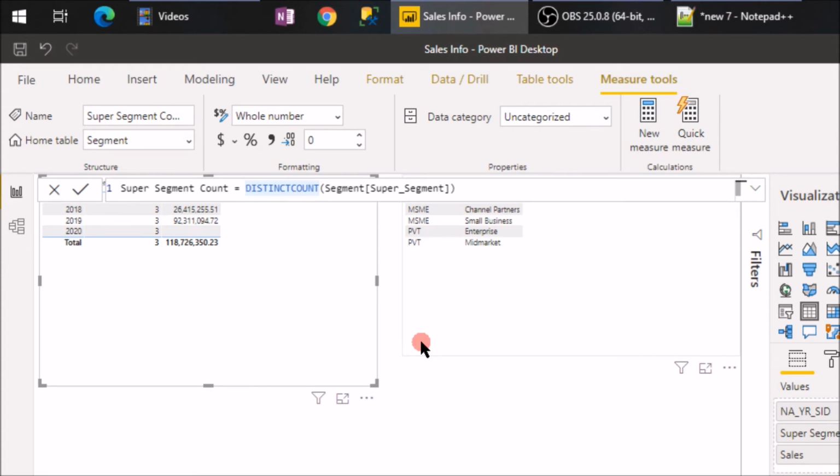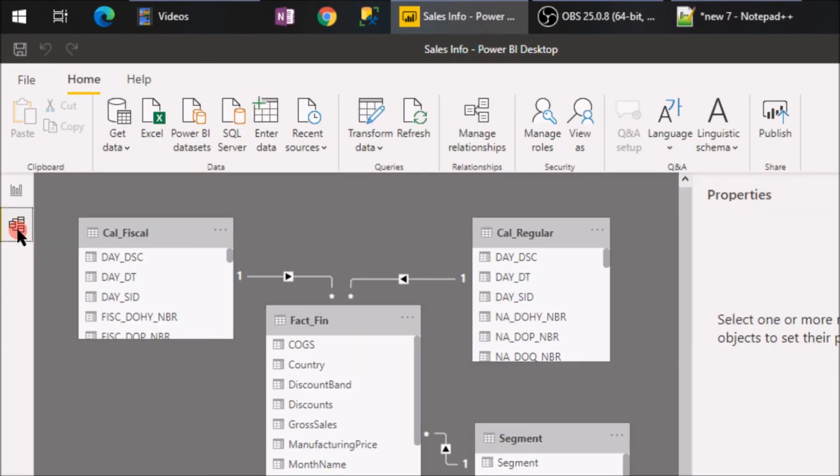If you remember, Power BI had created a separate query for segment, super segment, to do the count, and a separate query with year and the sales. So you could question, even though there is a join between this segment and the financial fact table, why did Power BI not join them in the query, and it created a separate query?